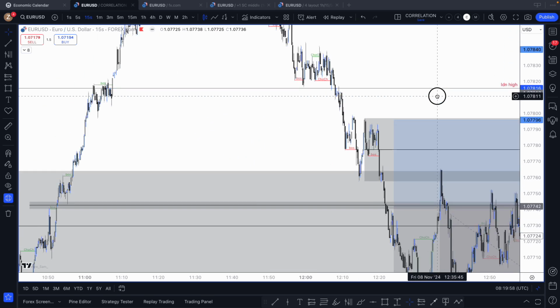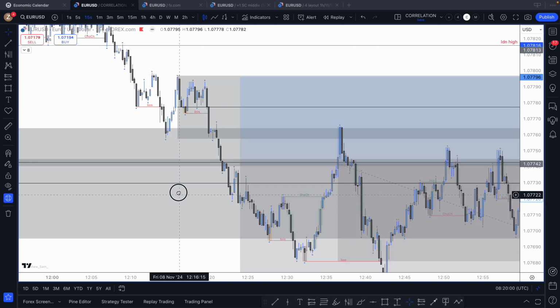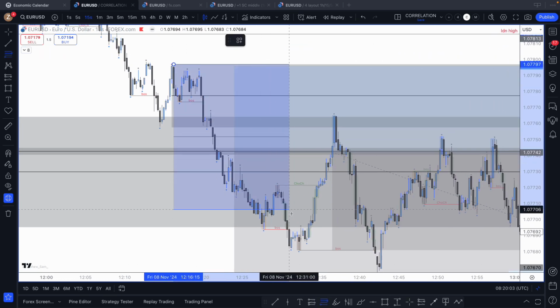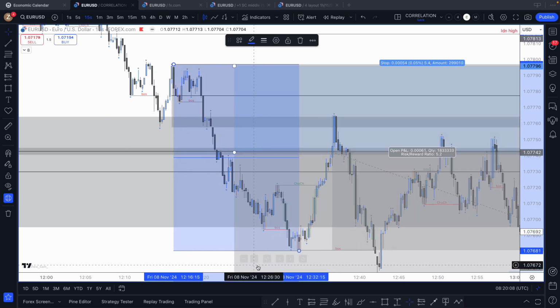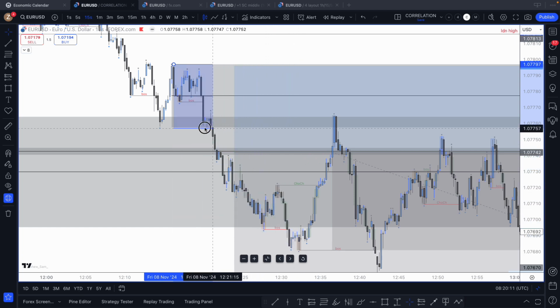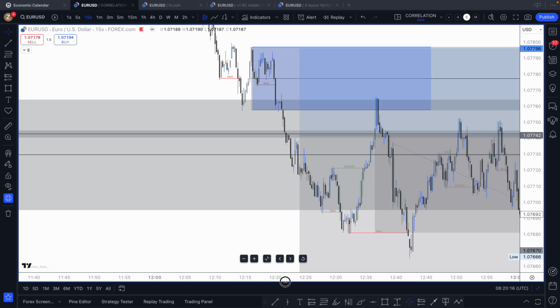So in this reaction, let's see what price has done. From this range high to this range low, before 10%, reaching that 50%. But that is ICT. He doesn't use ICT, remember? So you can do that. And then